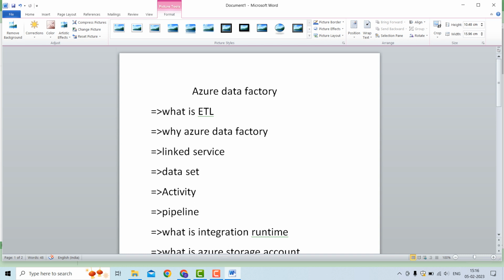Historical data means not today's data. Yesterday's data is historical data. Whatever transformations we did yesterday, we can load all those things into our data warehouse. That is nothing but ETL. By using this ETL, we can fetch our historical data as well as our current data for developing the